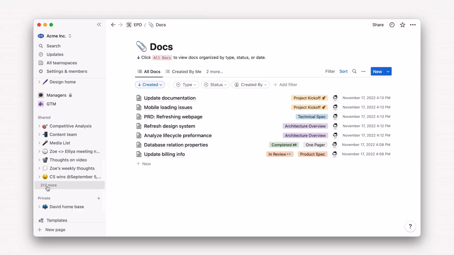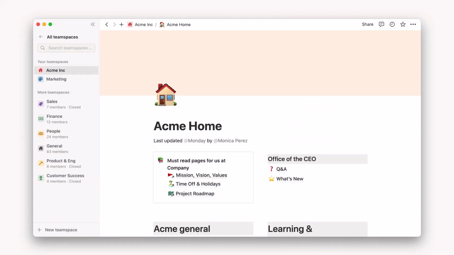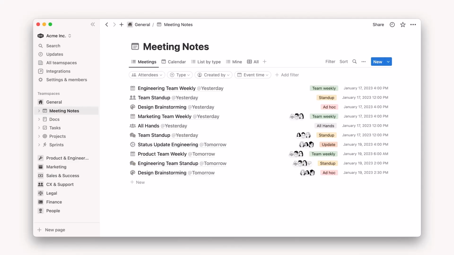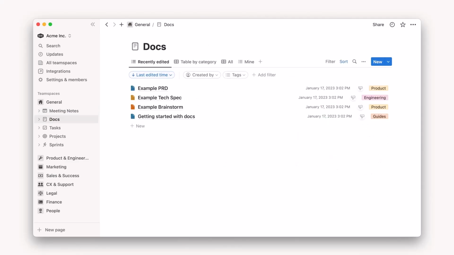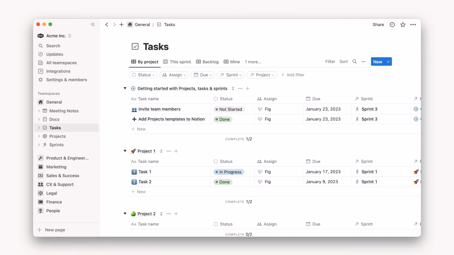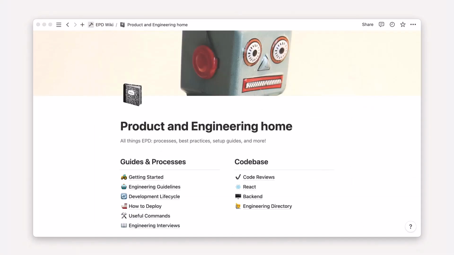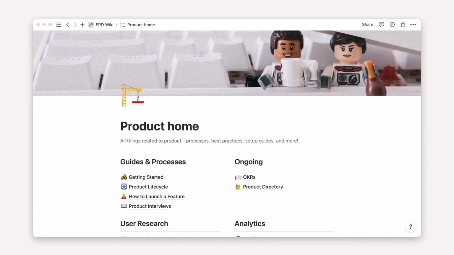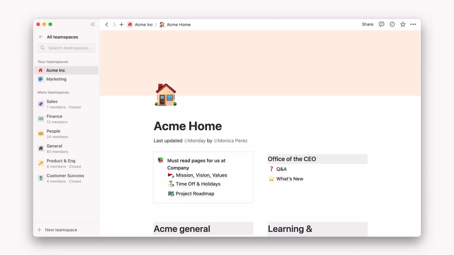By contrast, let's look at a more polished space. This workspace has team spaces for different functional areas within the company. In the general team space, they've neatly laid out the company's 5 key databases and how to use each one. Within the product and engineering team space, headings help direct a reader's attention to the right place, and each subteam has their own homepage that they've customized to suit their needs. To a new hire, this workspace is far more welcoming and will help everyone settle into their working day quickly